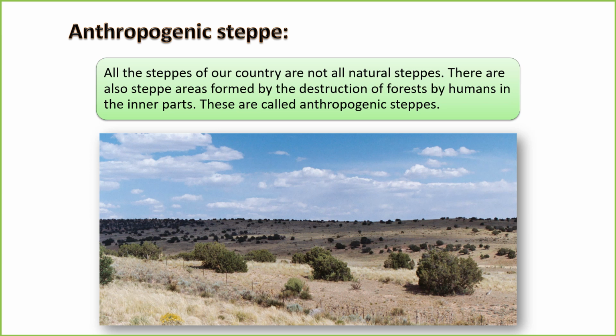6. Invasive species. Human activities can introduce non-native plant species that outcompete or displace native steppe vegetation. Invasive species can thrive in disturbed environments, further altering the composition of the ecosystem. Understanding anthropogenic steppe ecosystems is essential for effective land management, conservation, and restoration efforts. Balancing human needs with the preservation of ecosystem integrity is crucial for maintaining the ecological health and biodiversity of steppe